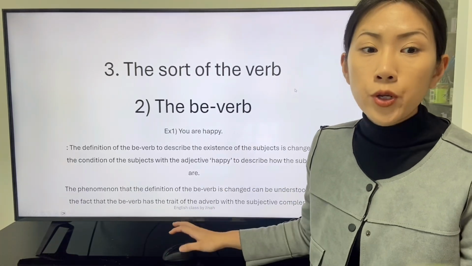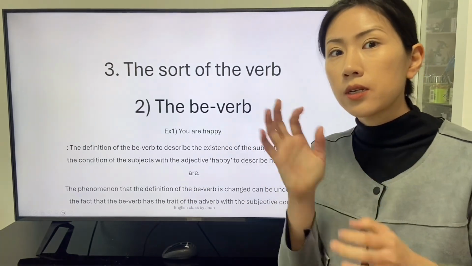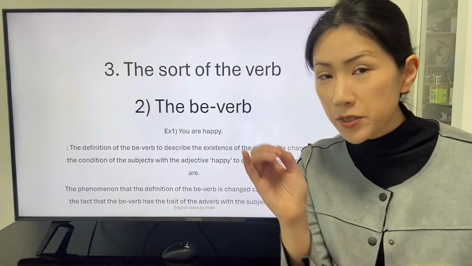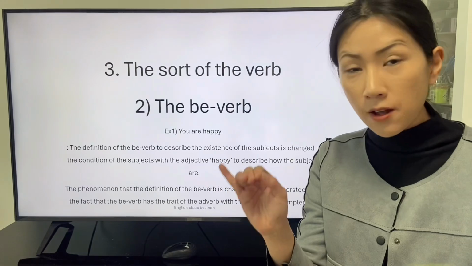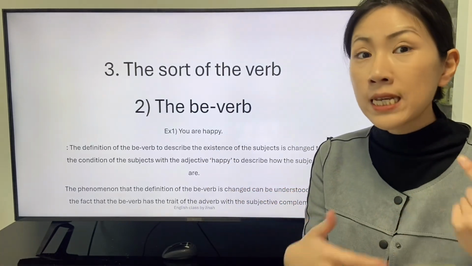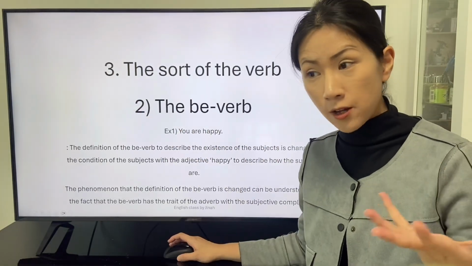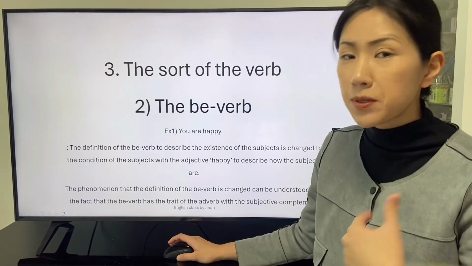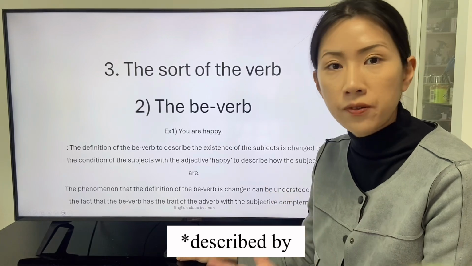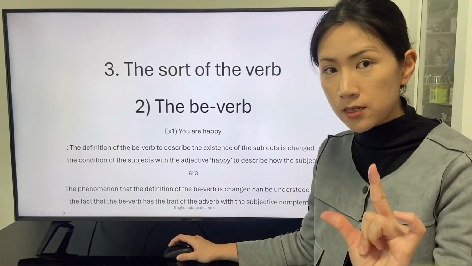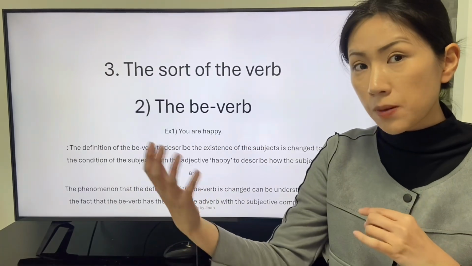There is an example. You're happy. There is a subjective complement, happy, to describe how the subject, the listeners, are. In this clause, the definition of the be-verb is changed to describe the condition of the subject. The existence of the subject described by the be-verb is the general verb exist, whose definition is the same with the subjective complement,